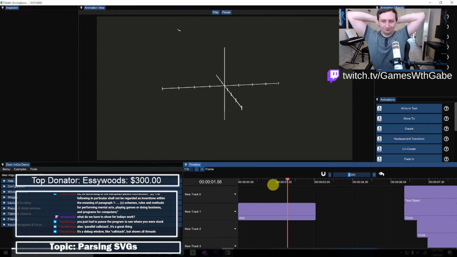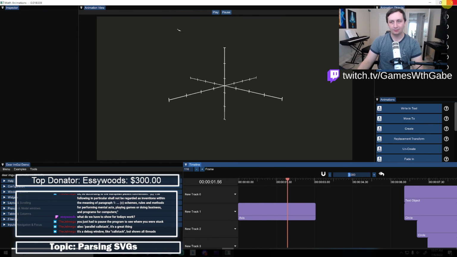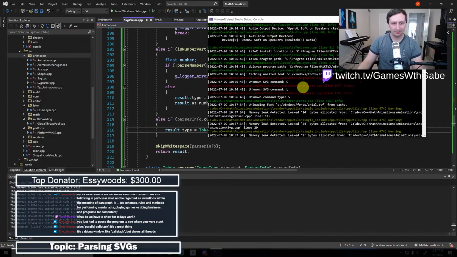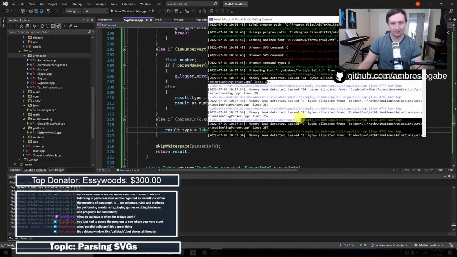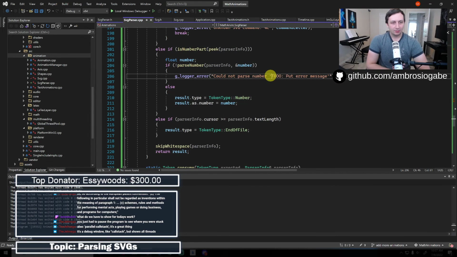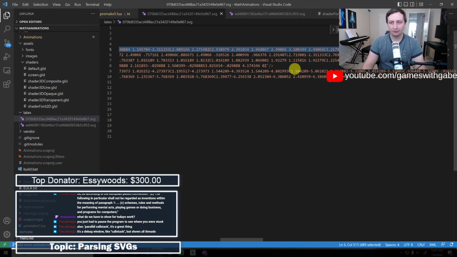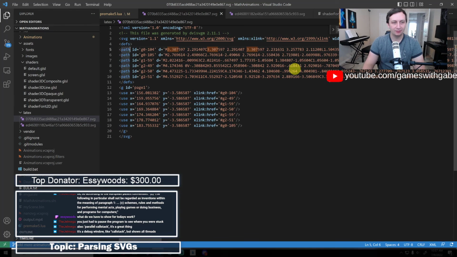Okay, so I will probably continue this off stream because the last little parts of this aren't going to be that interesting. And then, of course, we have to free that SVG object afterwards. It's just going to be me messing around with the spec and then writing some sort of interpreter that will just parse pairs of numbers until it hits the next command, and then it'll put those into an array, and then I'll interpret those arrays as necessary.